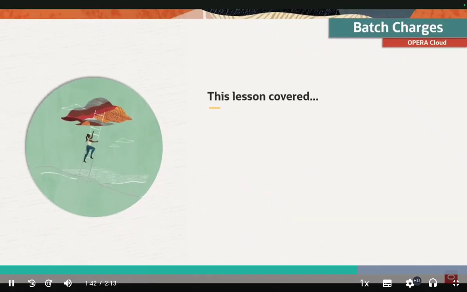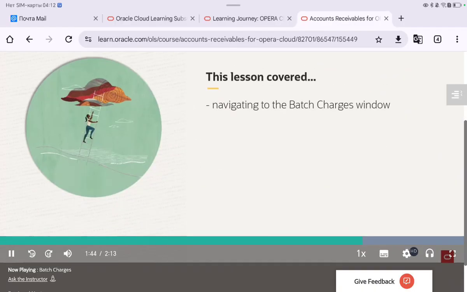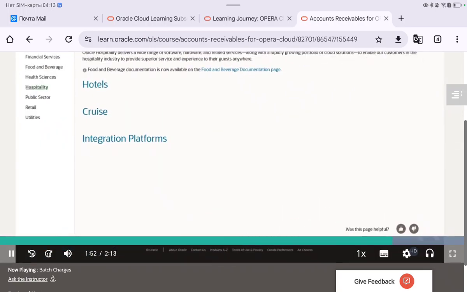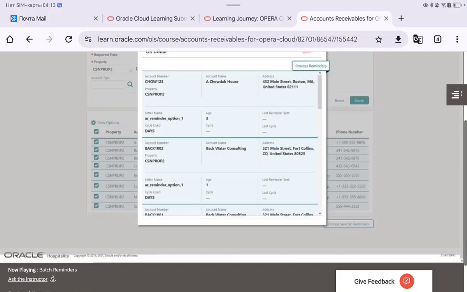This lesson covered navigating to the Batch Charges window, reviewing the Posting Details window, and the process of posting batch charges. For more information on Opera Cloud, keep your